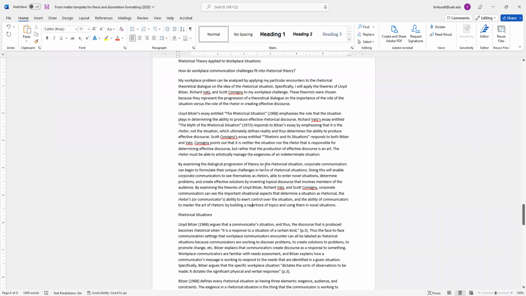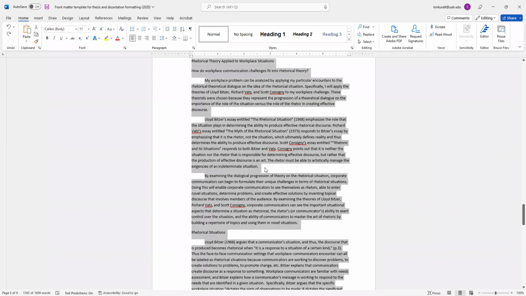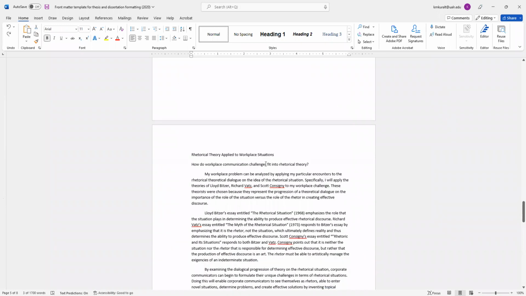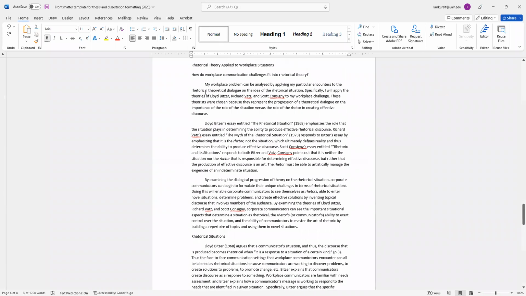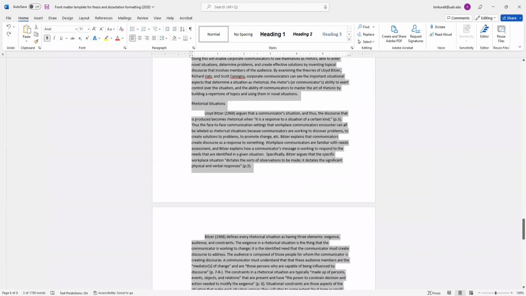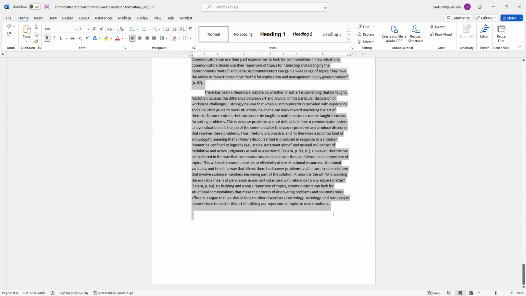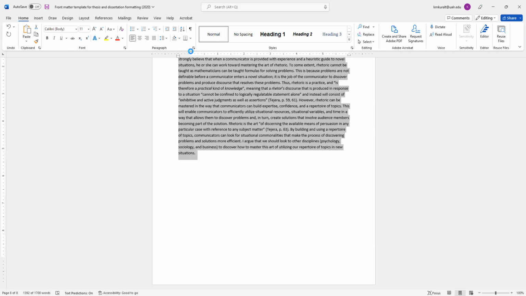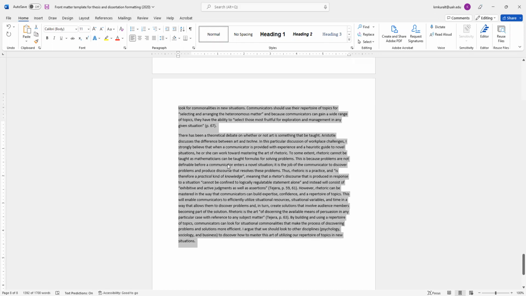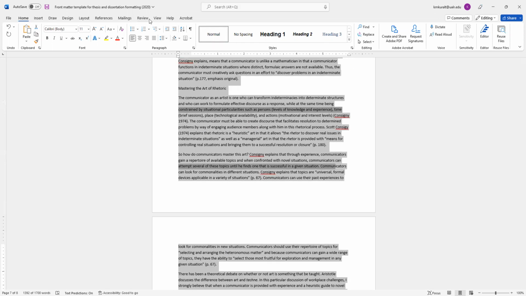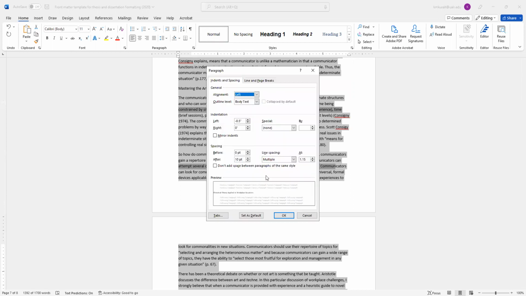Okay, so I'm going to back up 2 steps and show you what I did again. All right, so the first thing I did was I fixed the margins. And I just picked up these 2 little triangles and scooted them here, and scooted them here. And then I came up here to the paragraph section on the ribbon. Notice we're in the home tab. So I look at paragraph, I click that little tiny arrow right there. Okay. And here's the stuff that's frequently screwed up.